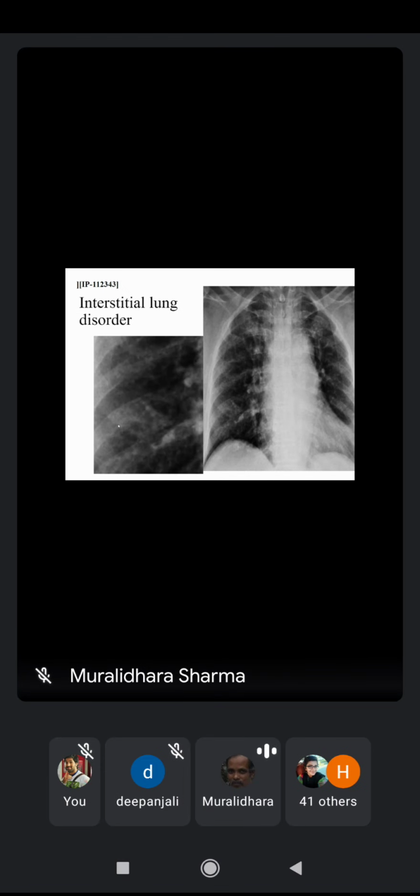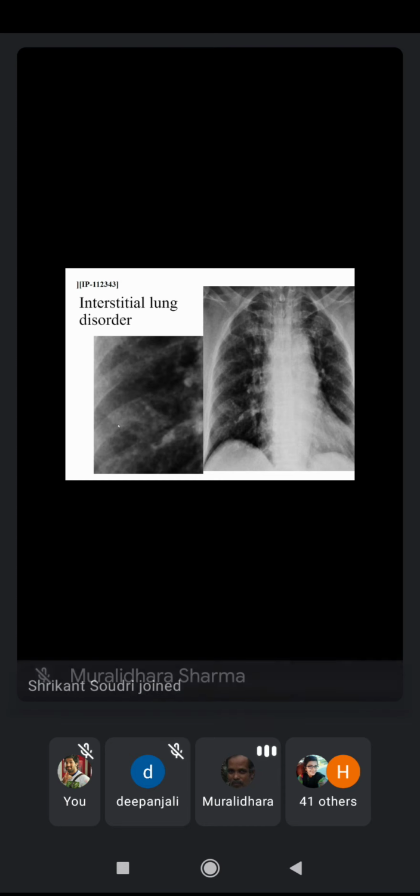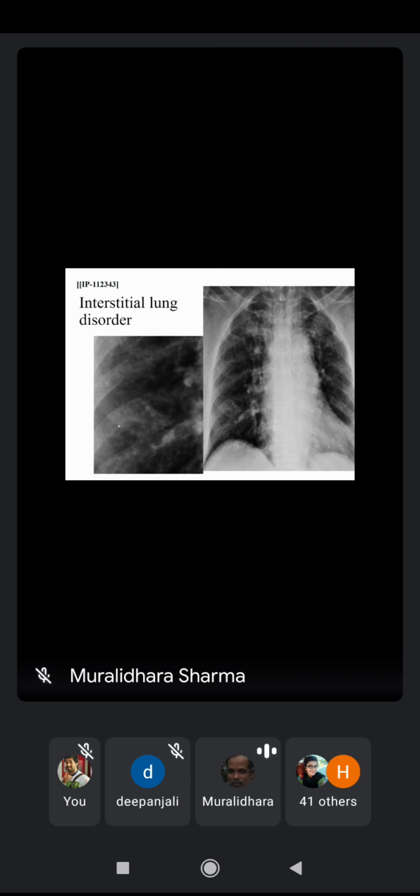Interstitial lung disorder is just an extension of a multiple form of the pathology, where again it's a fibrosis, but the fibrosis occurs in the collagen tissues, resulting in a gradual constriction of the lung tissue. Lung tissue becomes inelastic. The elasticity of the lung tissue is reduced, and it's a very slowly progressive pathology. Causes could be many. It's often a result of irritants like allergic conditions, pollutants, or it could be even a consequence of infective pathologies like bronchitis, which later in due course of time can result in interstitial